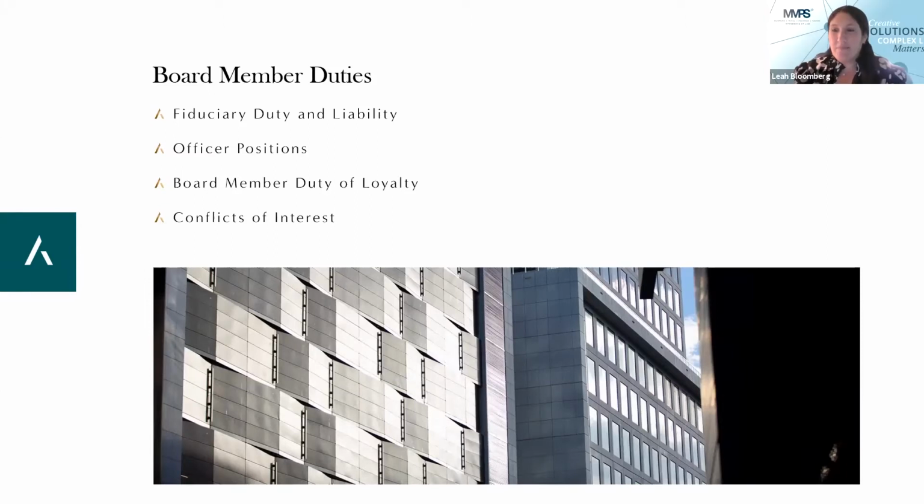Essentially, board members have a fiduciary duty to the corporation which they serve. A fiduciary duty means that instead of acting in what you might think is your own best interest, or the interest of your shares, your apartment, your unit, you're acting in the best interest of the corporation as a whole, the condominium association as a whole. So it's separating yourself from your own personal thoughts and ideals and doing everything in the best interest of the organization, the building in general and as a whole.